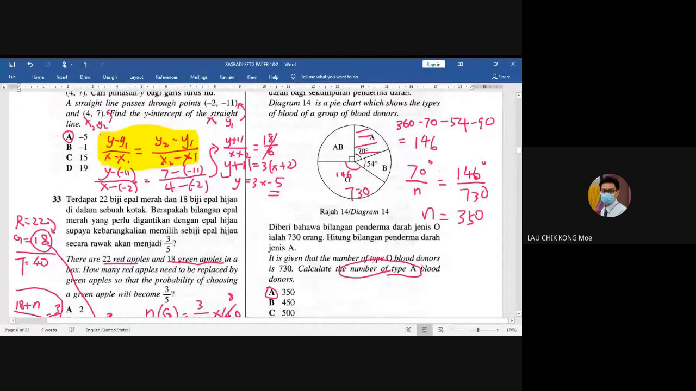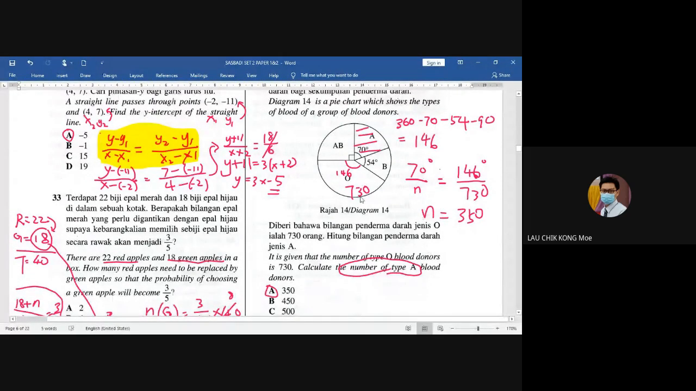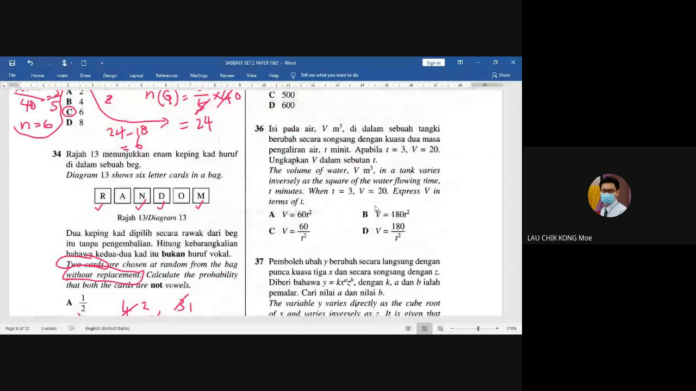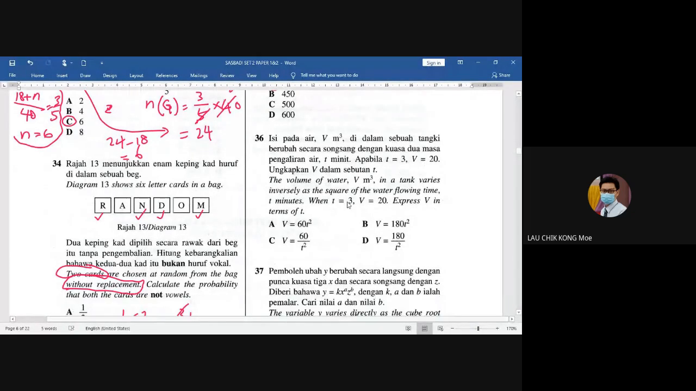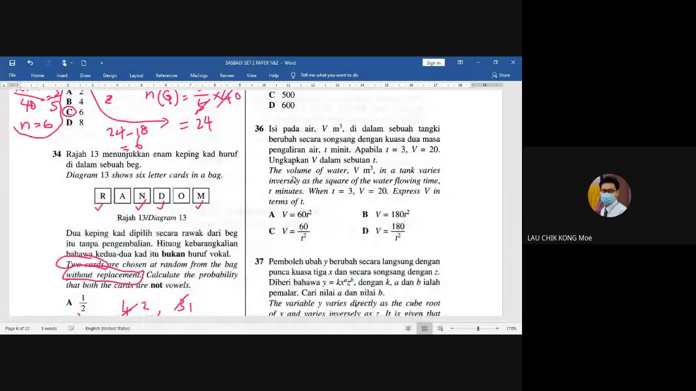All right, continue. So this is easy, from form 1 to form 3, you have learned it. Okay, 36. This is variations we learned in form 5, chapter 1, right? The volume of water V varies inversely as the square of the water flowing time T square. So we convert: V equals K